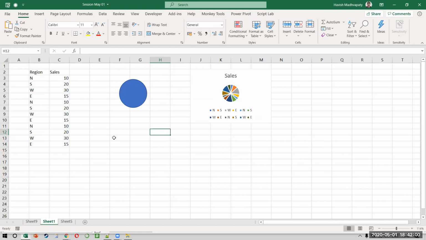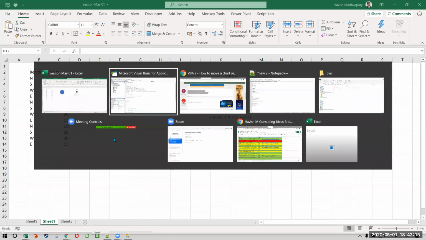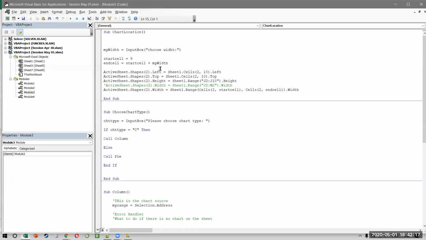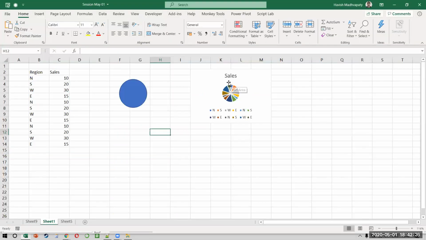When you have a report, and this is what happens with financial reports, like you have 30 different charts that you have created, and suddenly somebody will tell you, make everything the same size because we have to send it to the client. You're like, oh my God, will I have to go to every single chart and change the size? No, you can just use a very nice code like this. Okay. Similarly, I could have done it with the height as well. So where this J2 and J10 is written, I could have written the height as well.